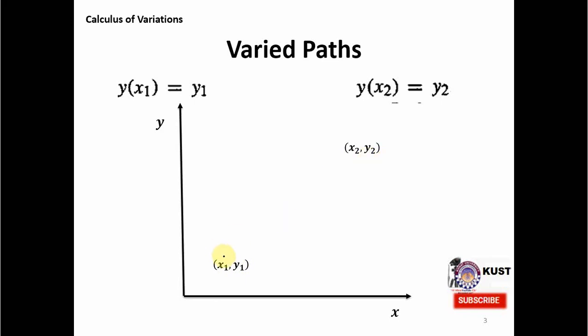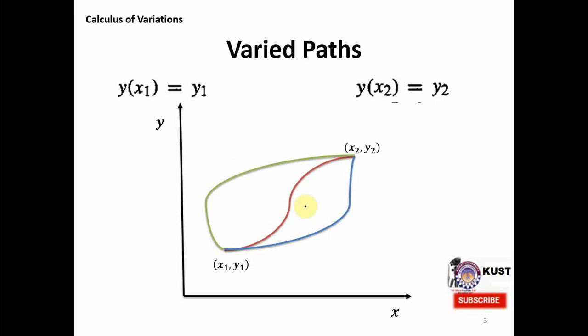We can construct so many paths, actually an infinite number of paths between these two points. Let me construct the first one. You can see that this red line is path 1, which is passing through the point x1, y1 and point x2, y2, but we can have another path over here as well. This is path number 2, and it is again passing through these two points. This is the condition that all the paths which we can construct here will pass through these two points,